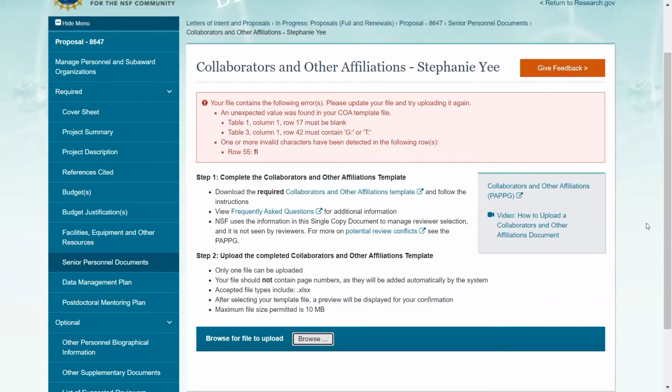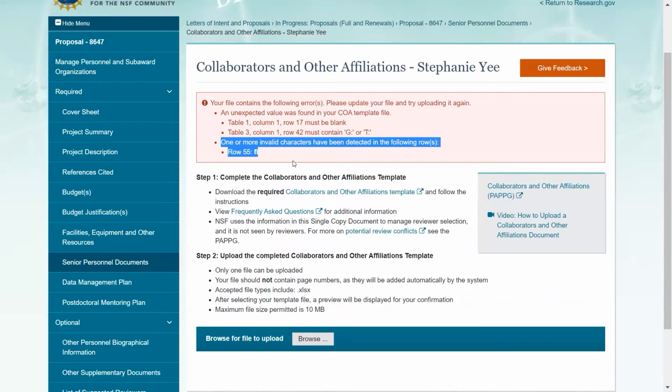Don't change the width of the document. Just be mindful of that. So this will tell you exactly where the corrections need to be made. And just a comment, be mindful of invalid characters. Unfortunately, just due to how we are reading that file, sometimes foreign characters can be problematic. So just be careful on